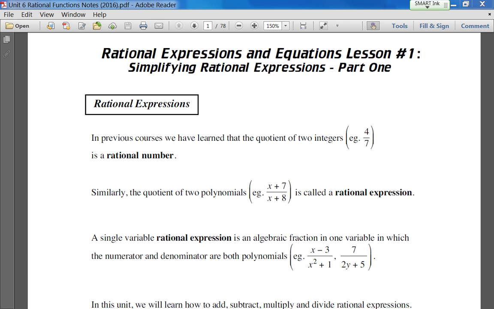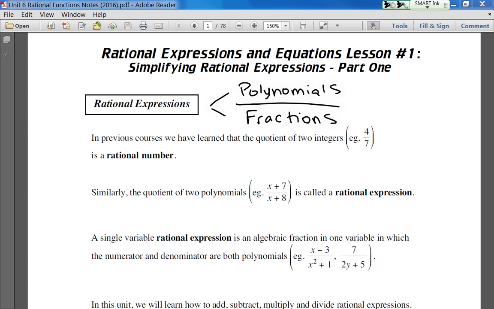Okay, so rational expressions, like I said before, this is basically polynomials and fractions smushed together in a sandwich. So that's basically what it is, okay? So if you recall back to Math 10C,